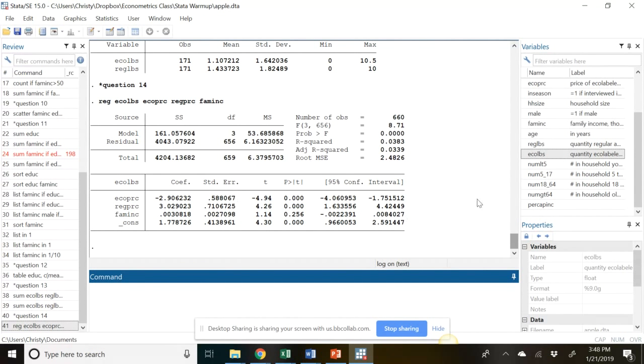And the important stuff at the bottom here, we have the variable names. So the Y variable is eco pounds. Then it lists all the X variables. And then the last thing it says is underscore CONS. That's where it's going to give us the intercept, the beta 0 hat. So the coefficient column is the beta hats. So this is the beta 1 hat, beta 2 hat, beta 3 hat, followed by the beta 0 hat at the bottom, the intercept. And then it's going to give us standard error, t ratio, p-value, and confidence interval,